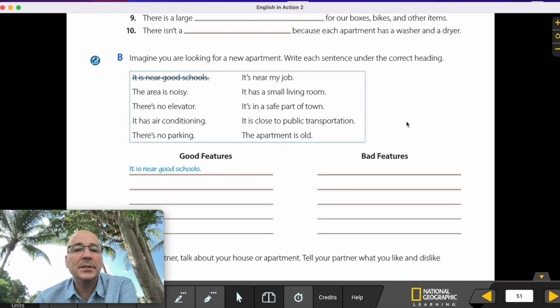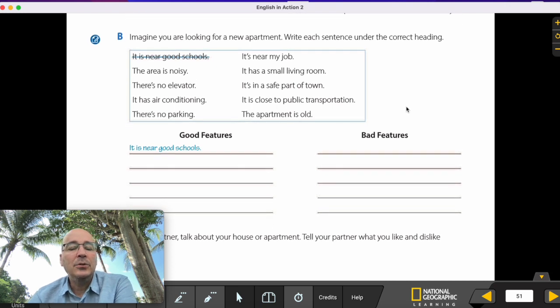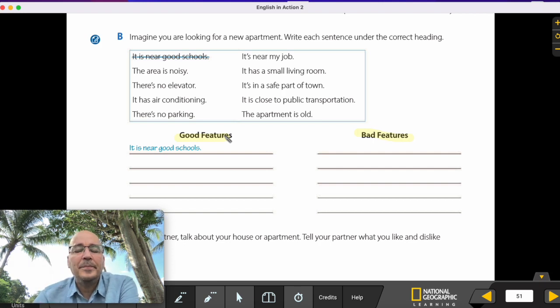Exercise B. In exercise B, you're going to imagine you're looking for a new apartment. Write each sentence under the correct heading. So the headings are good features and bad features. So features means characteristics, good things, you know. So for example, if you look at the sentences here, I'm gonna read the sentences for you so you